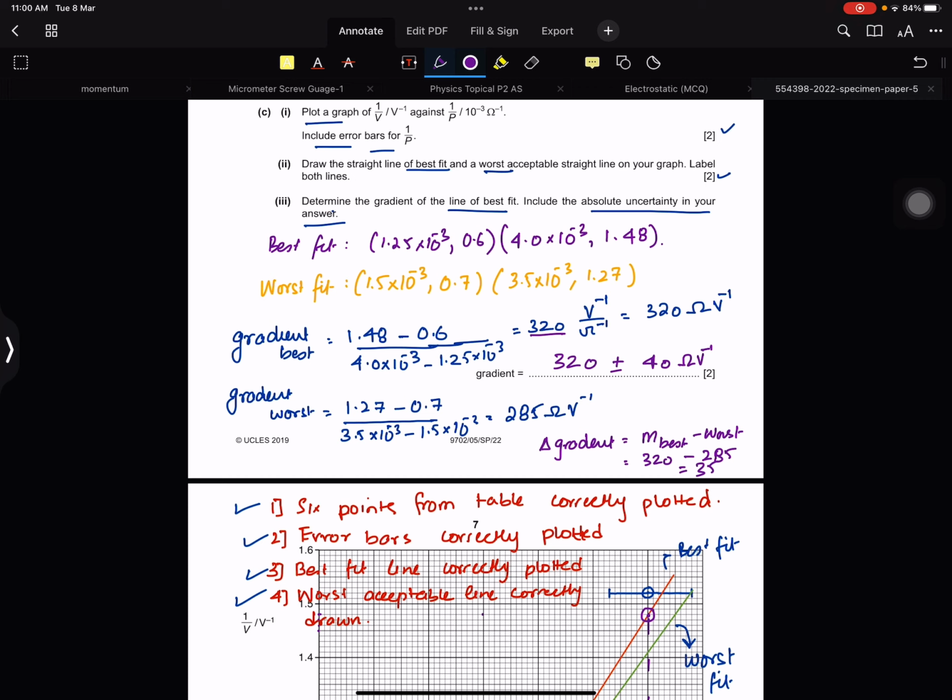Of course, it is overwhelming, but you just need to remember you're going to find the gradient of best fit, you're going to find the gradient of worst fit. The best fit is the answer to this question, and to find the uncertainty, you have to subtract the best fit and worst fit and then convert the uncertainty to one significant figure, as we have already learned in AS. Alright, now